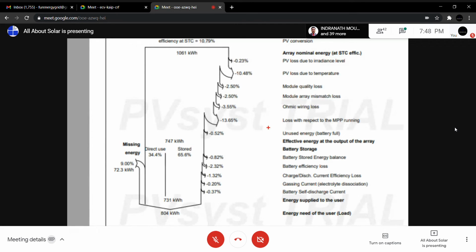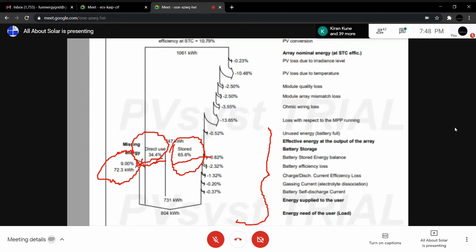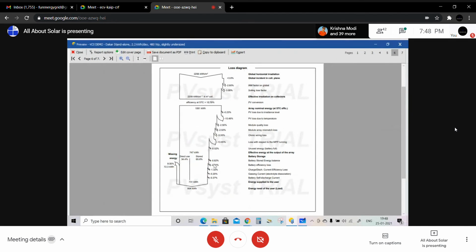This portion comes up when the battery section comes in. According to the battery, this is the direct use percentage, and this is the stored percentage. How much energy is stored and how much energy goes directly to the grid. Sorry, goes to the load. And this 9% is the missing energy because of the unavailability of the load. You won't be able to use that energy. So this is overall the cost diagram